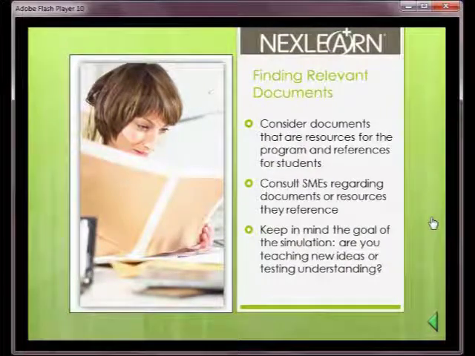You want to consider documents that are referenced for the program and references for students. And like I said before, talk to the SMEs if you're not 100% sure in particular. Keep in mind, too, if you're going to be testing the students within your training simulation or within your training program,